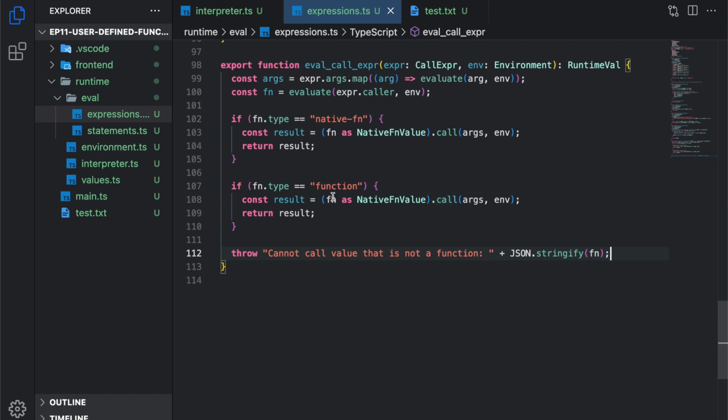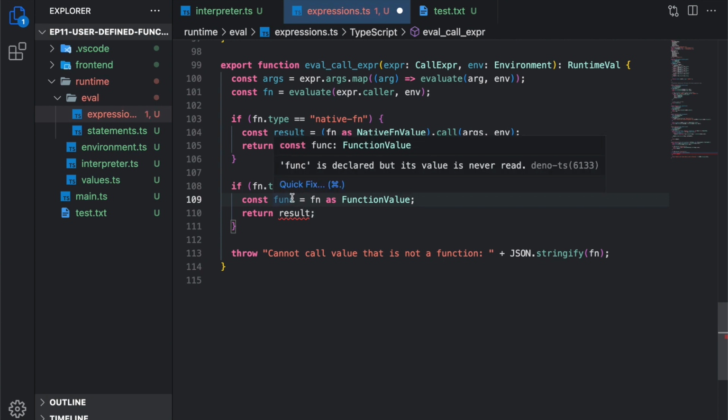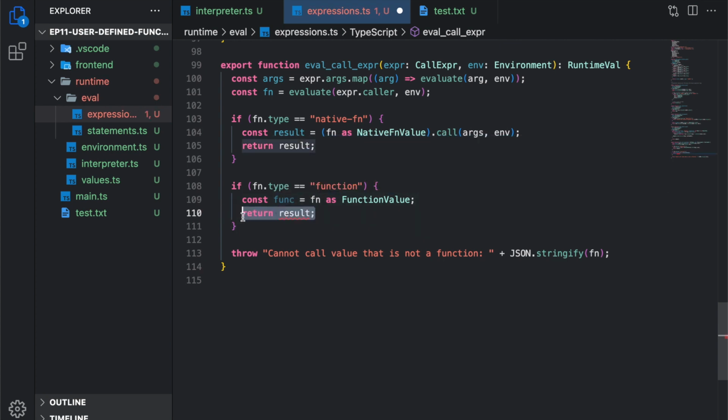There's no call method on a native function. So what we're going to do is const fn is equal to, and I'm just going to call it func, I guess. Const func is equal to fn as function value right here, right? We just want to get the function destructured like so. Okay, what we now want to do is construct the arguments list, right? It's really important that we actually are able to construct